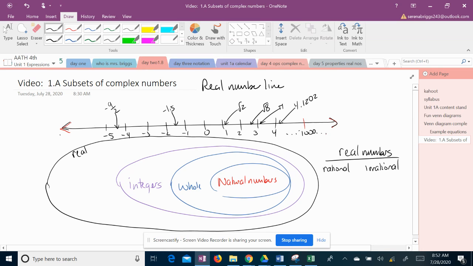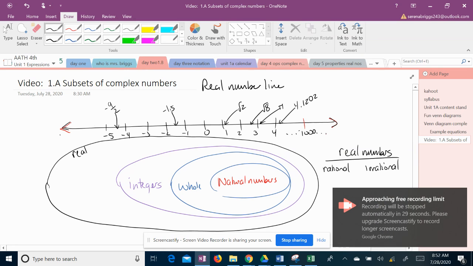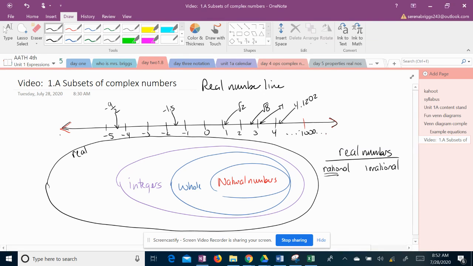Rational numbers are numbers that can be written as a ratio of two integers. So the numbers up there that are rational are negative 1.5, because it can be written as negative 3/2. Negative 9/2 is obviously a ratio of integers. In addition, that 4.1202